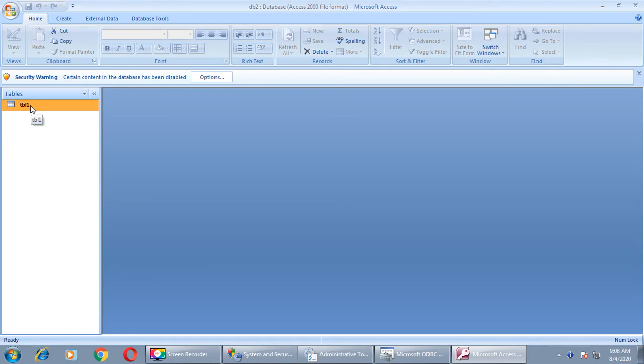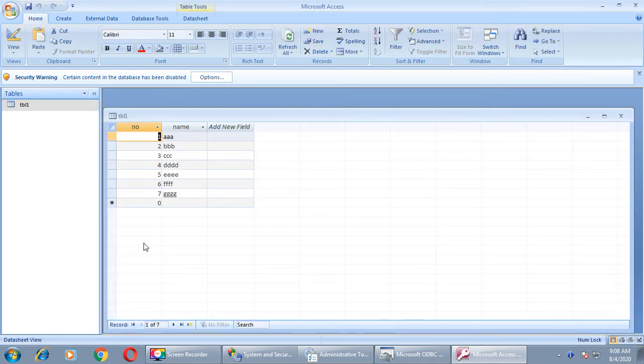If this table is not available, you can create your own table, as I showed in the previous session, how to create a table, how to insert a column in this table and how to insert the data, right? So here you can see the same structure as we have created in Oracle database.